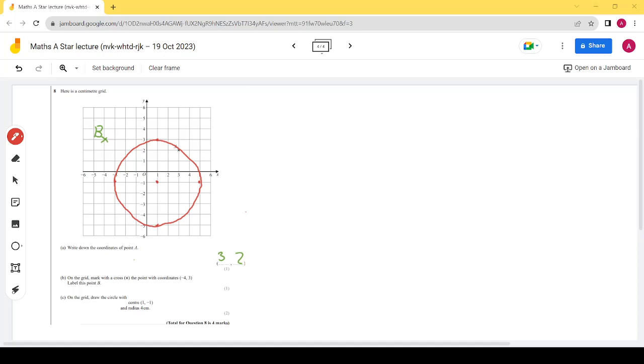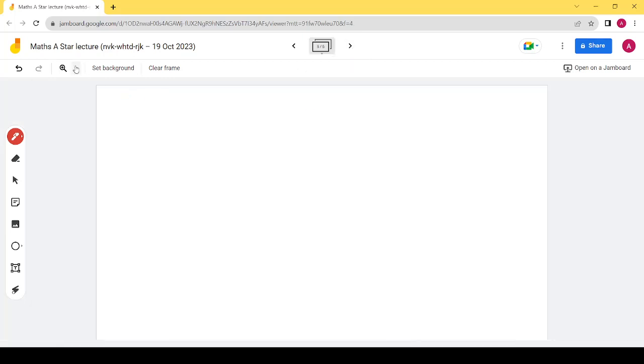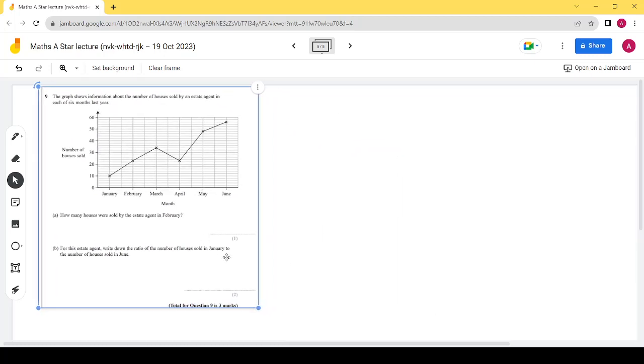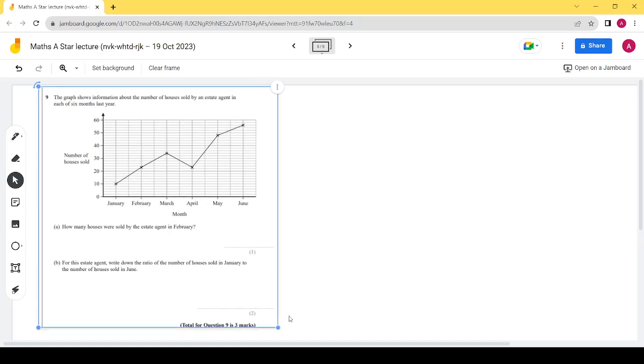So we'll move on next to question number 9. Actually, this is a little bit of an unusual paper in ways, but although it's got longer questions for 2, 3 marks, they've all been individual parts so far. Often by this stage, you would have had a 3, 4 mark question. But all of these topics are really good ones to practice, these individual little graph questions, making you confident with it. And it's why going through past papers as much as possible is really helpful, because there's a lot of topics,